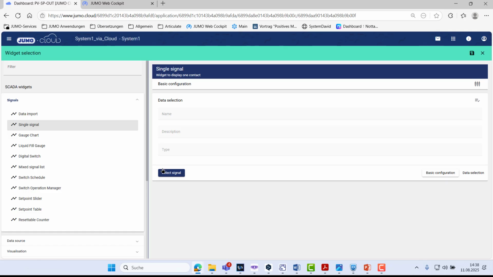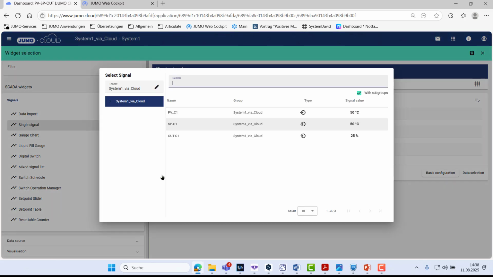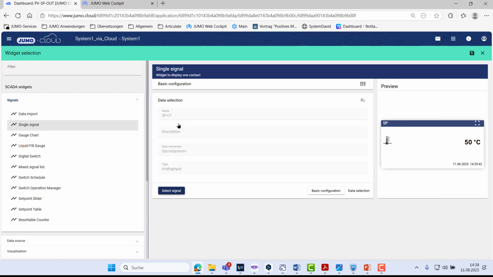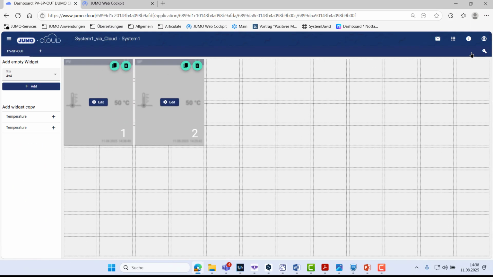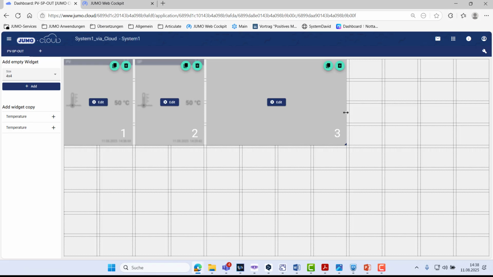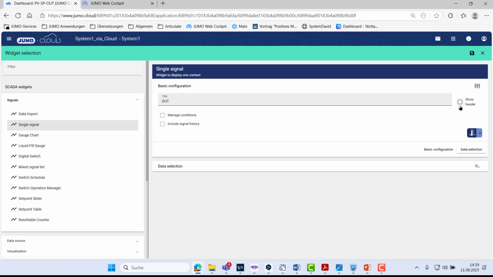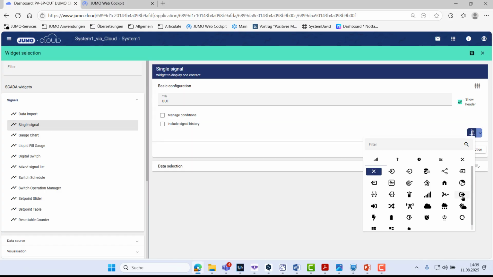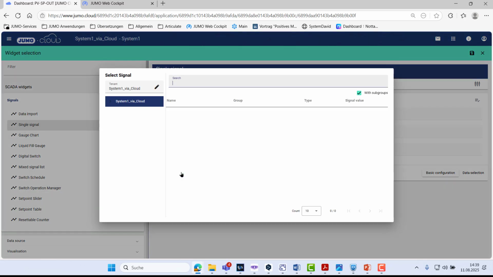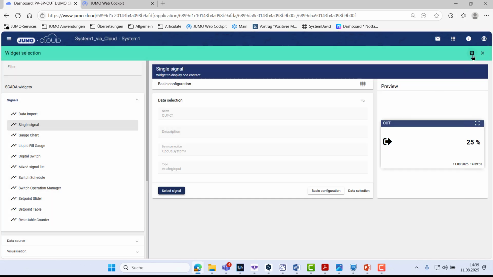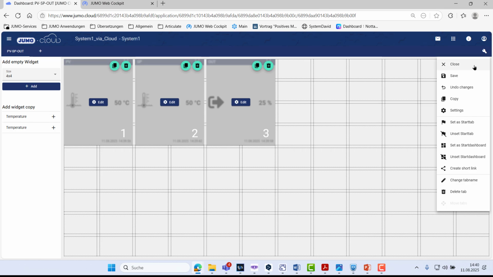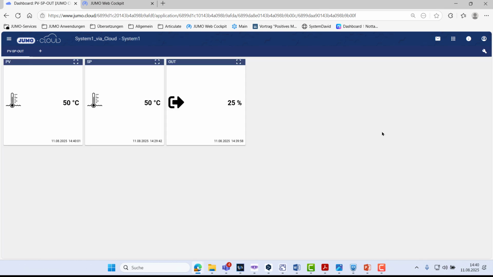I select the set point and save the widget. In a quick run, I now create the widget for the controller's output. And so the 3 signals are available to me in the cloud.